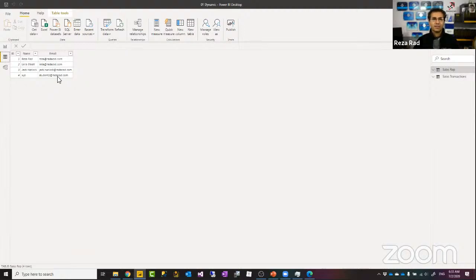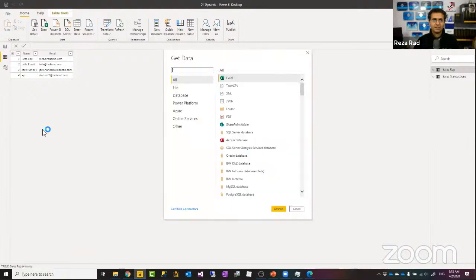Another thing is that you can also populate this table using things such as get data from Active Directory. That is one of the questions I normally get, what if I want to get all users from Active Directory?